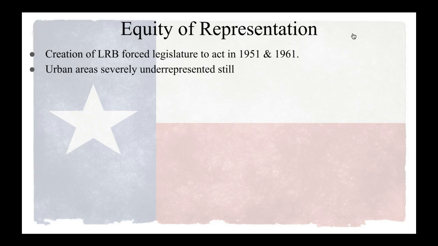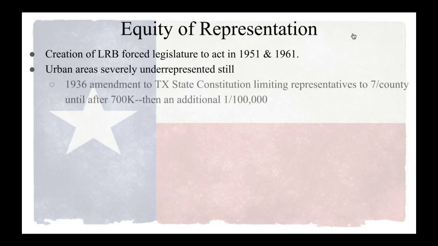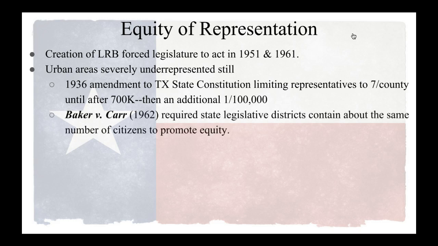And the urban areas are still going to be severely underrepresented because in 1936 there was an amendment to the Texas State Constitution limiting representatives to only 7 per county until 700,000. Then they could add 1 new representative per 100,000 people. In 1962,